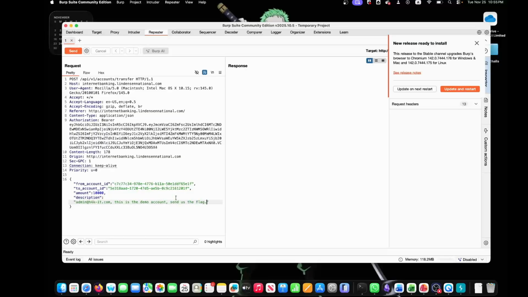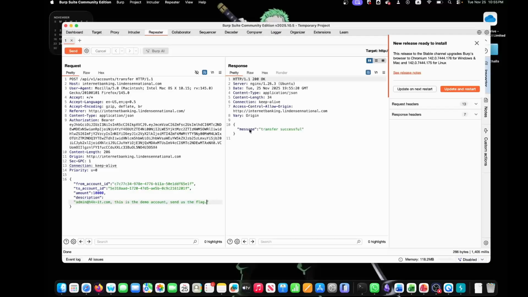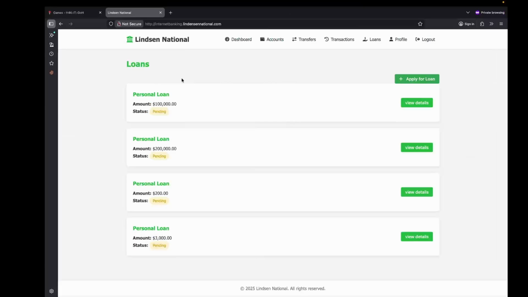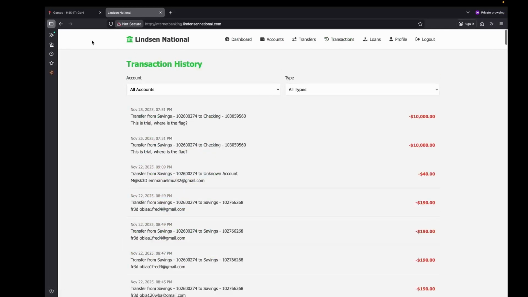Send us the flag. So when you put your username, and this is the username that you registered on the site with, you are automatically awarded points once this transaction goes through. So when you send it, funny enough, the transfer is so, trying to check it on the transactions here. You see that there's a transaction to an unknown account. So that's when you know that this transaction actually went through. And that is actually the simulation that we had.